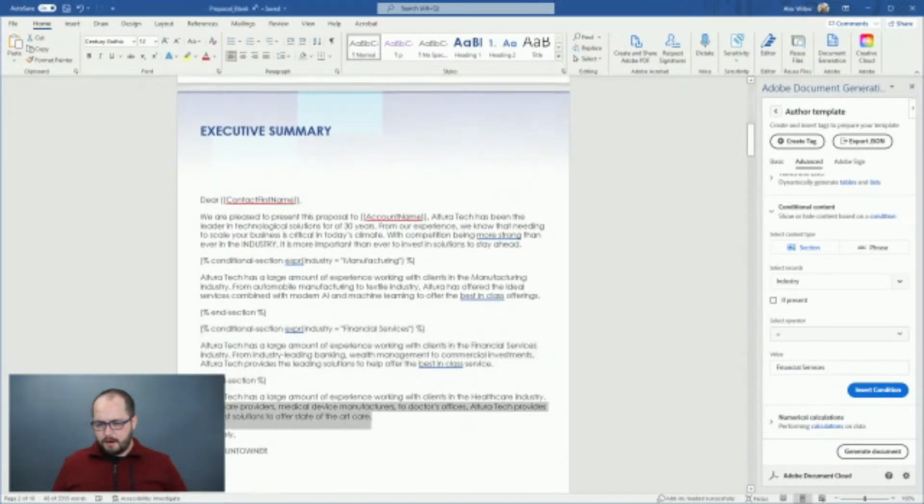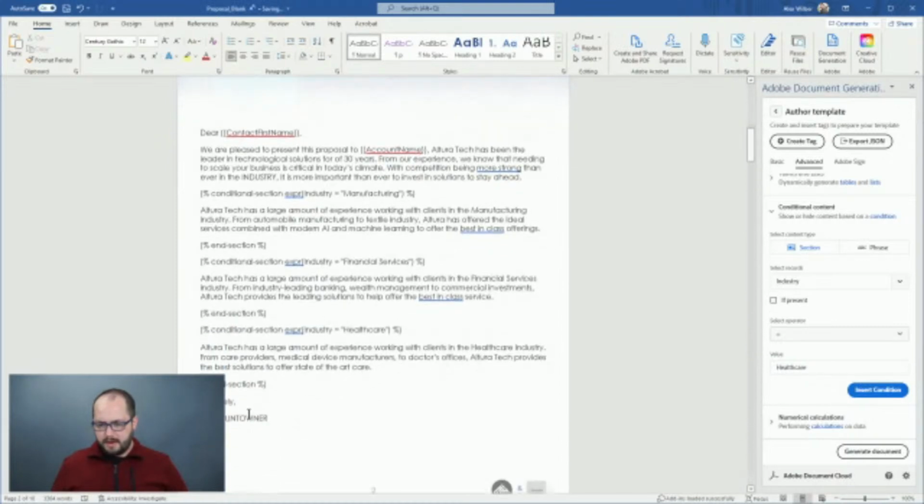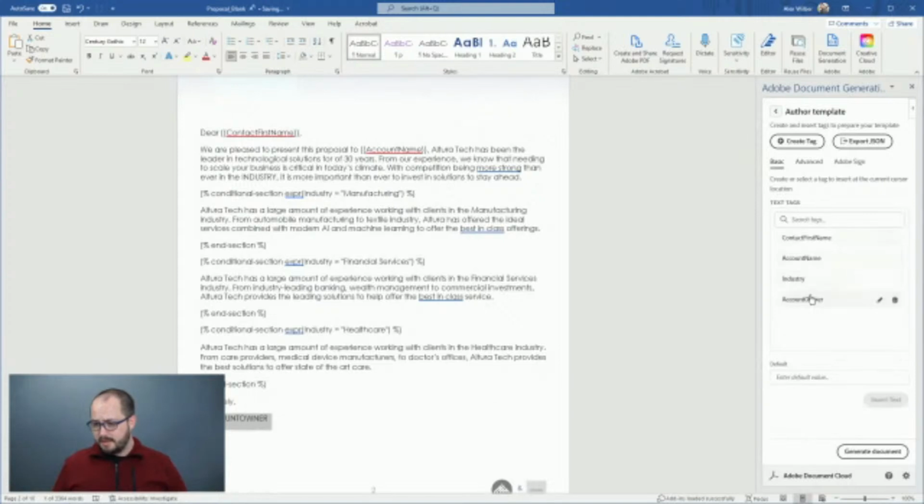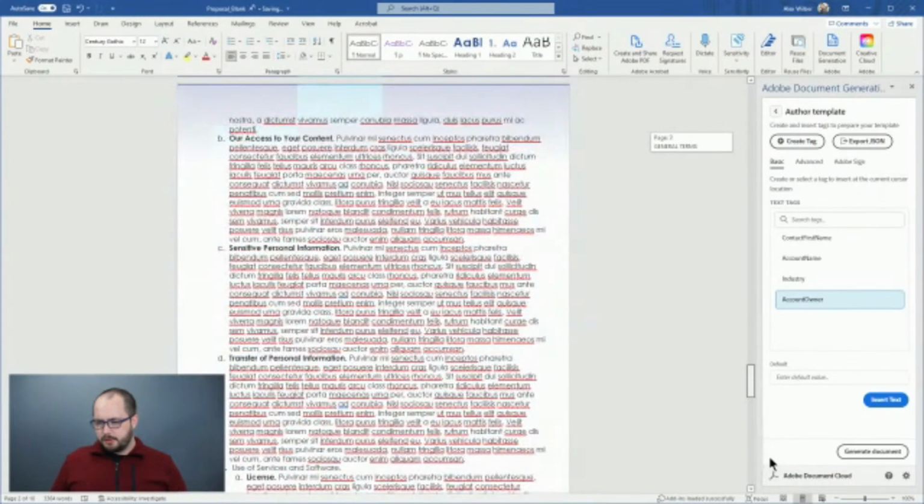And for our third one here, which is for healthcare, we can just say healthcare and say insert condition. All right. And then we have our account owner, which we're going to go back to our basic thing here and say account owner is right there. Cool. Now, if I scroll down a little bit, we had this area where we wanted to capture a signature,